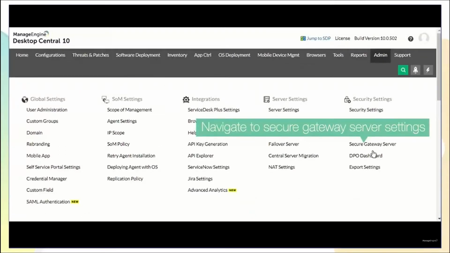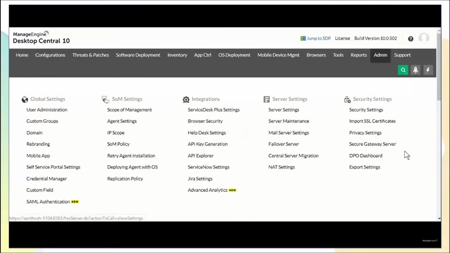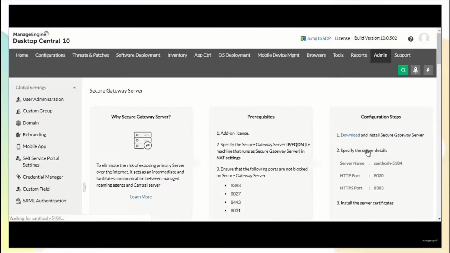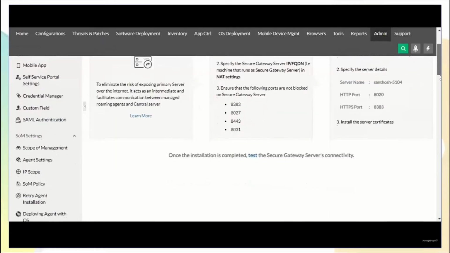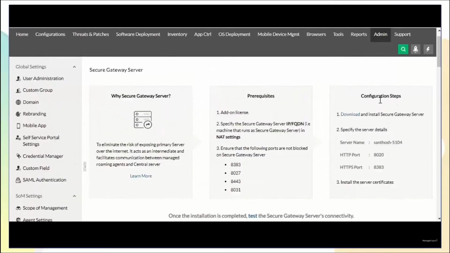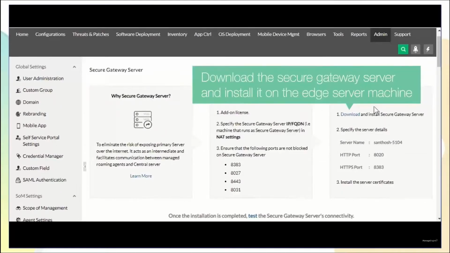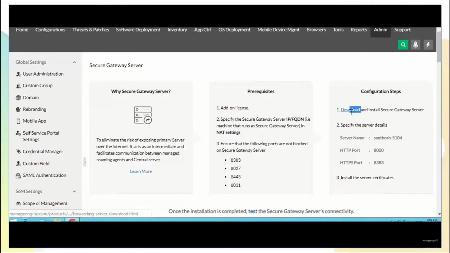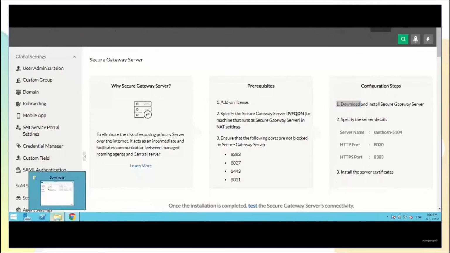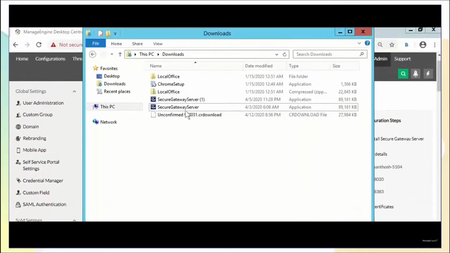You can download the component under Admin, Security Settings, Secure Gateway Server. It is a plug and play installation, an exe file of around 150 MB. I already have it downloaded here.